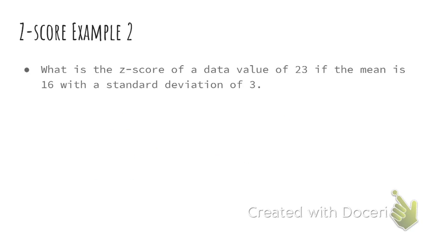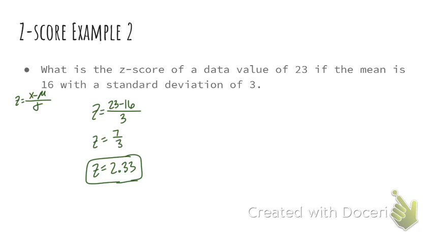All right, next example is basically the same thing, but I've stripped away the context. We're not buying shoes. These are just random numbers, just to make sure we're good with the formula. So to recap, the formula is this. So if I read the question, what is the z-score of a data value of 23 if the mean is 16 and standard deviation is 3? So we have 23 minus 16 over 3. So this is 7 over 3. So z equals